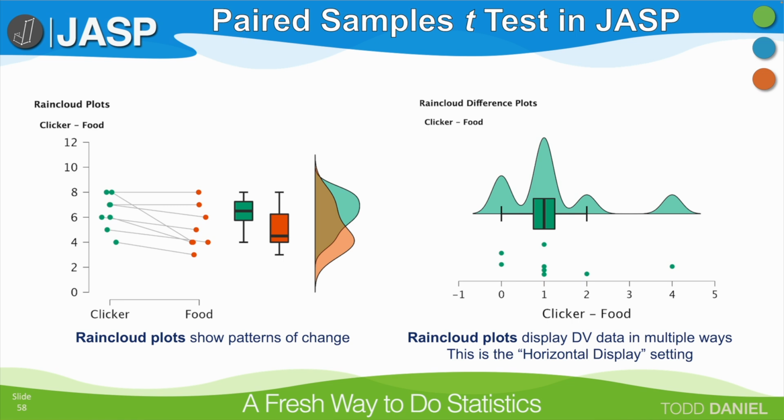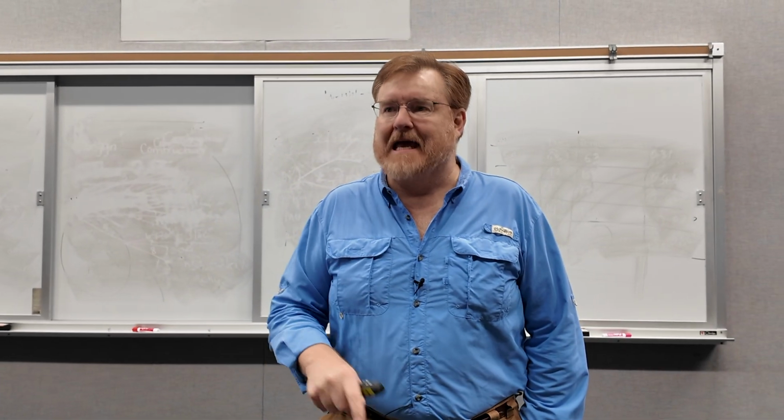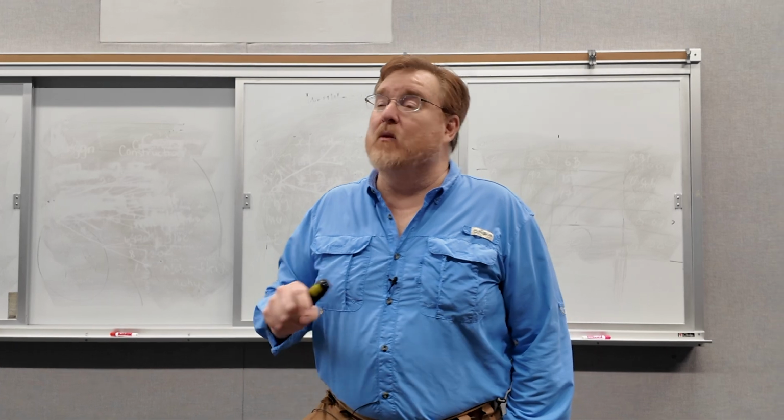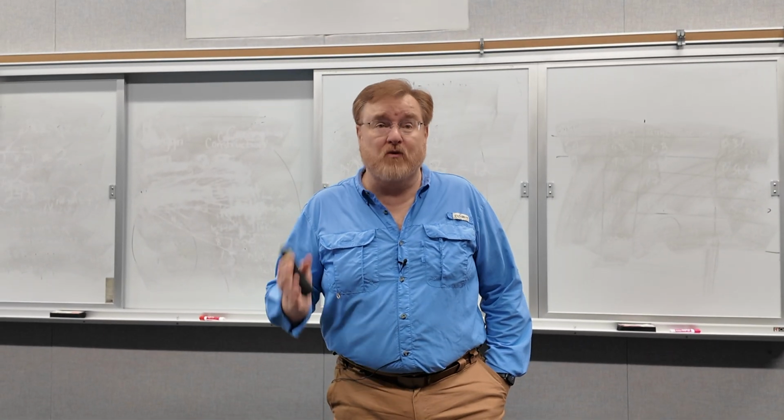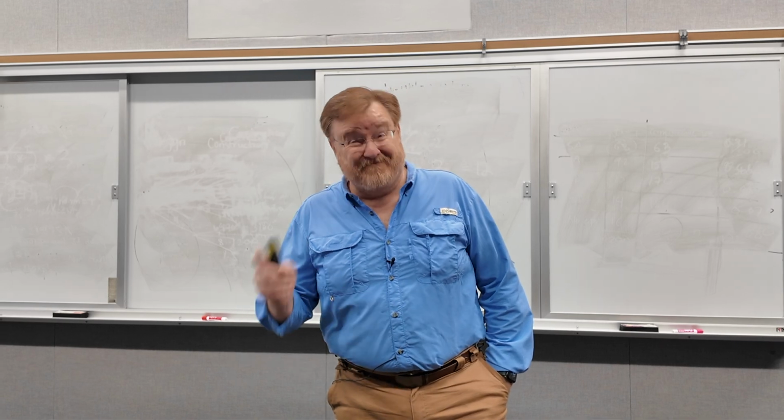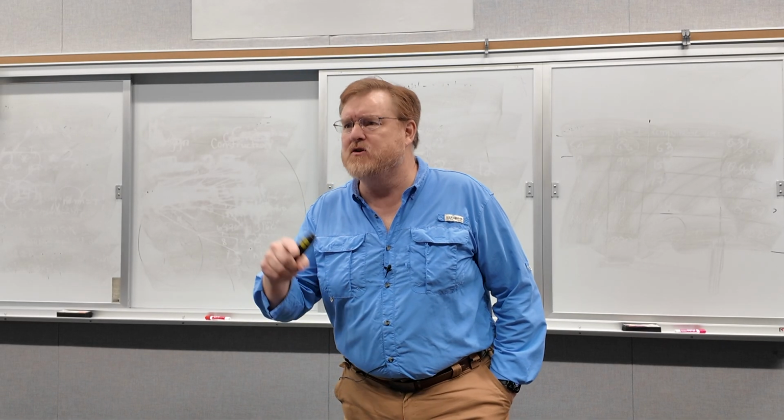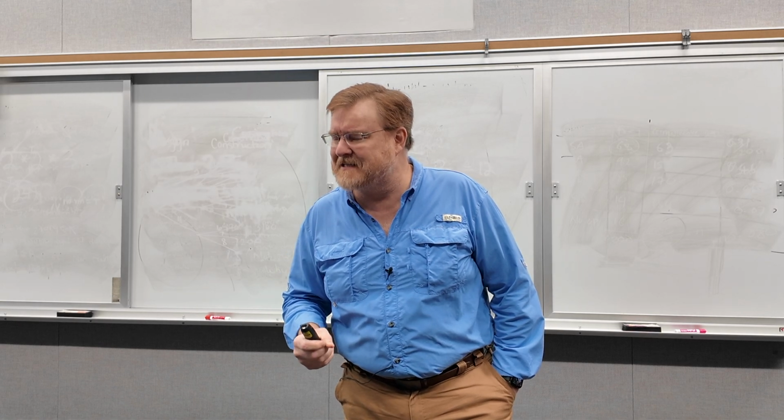And part of the reason can be seen with this rain cloud plot where we're seeing the individual scores and their pairs. Now you'll notice that the overall pattern is flat line or slight drop, except for there's one right here. That slope is really different than the others. And that is what an outlier looks like in a paired sample test. And what we're going to find is that outlier is probably what's driving the differences that we're finding. The outlier and the leverage, which also contributed to the non-normality finding that we had from our assumptions test,